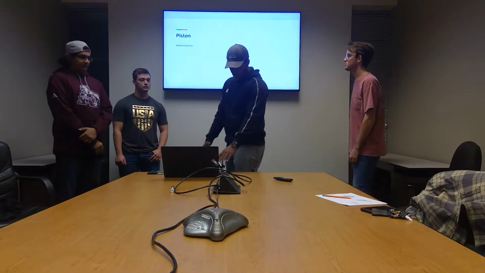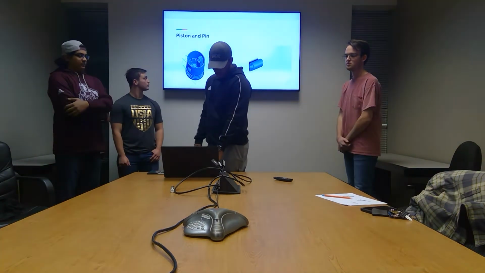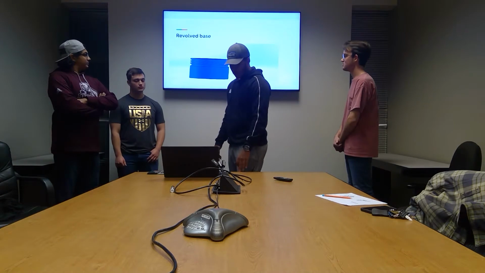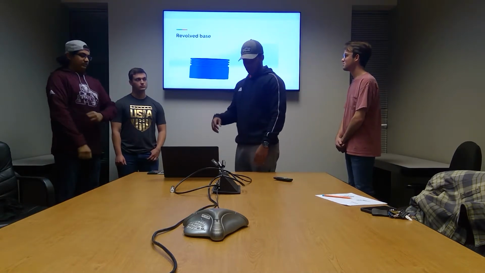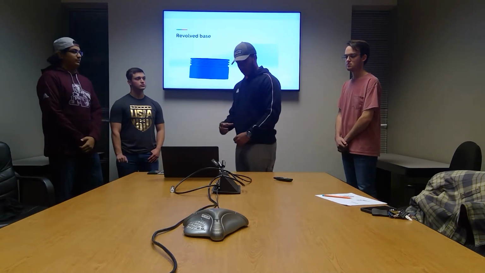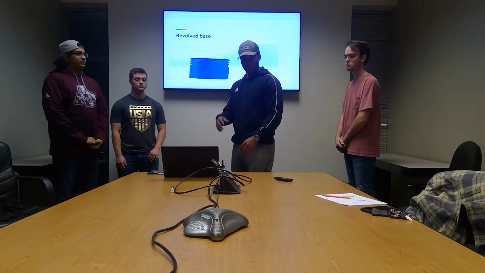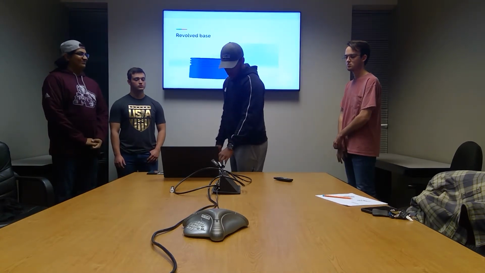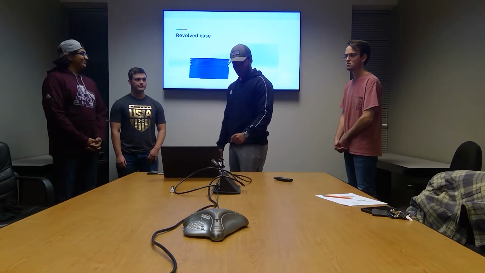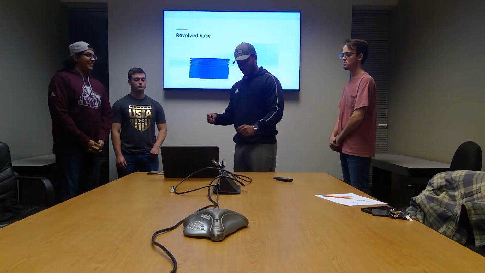Okay, so I drew the piston and pin, and that's what it looks like. I first started with a revolve base. I drew the outside diameter of the circle, then revolved it whatever distance I measured. Then I drew another circle on top of that one to cut it in to get my inside surface. And then I also had to use a revolve cut to do the 3 sections that you see